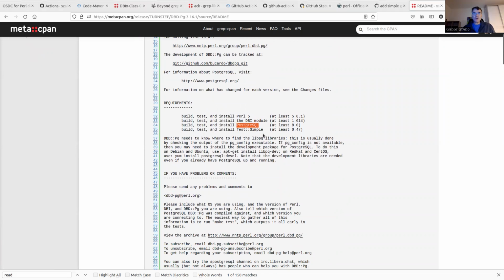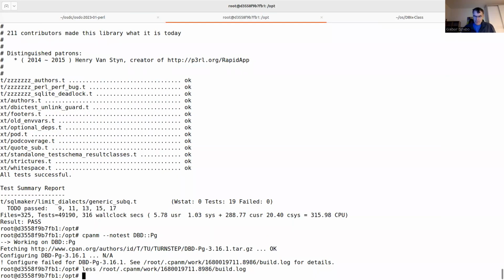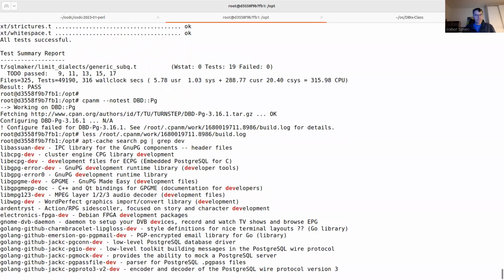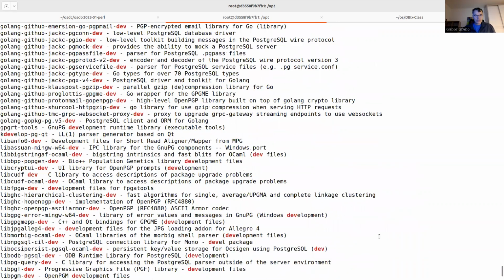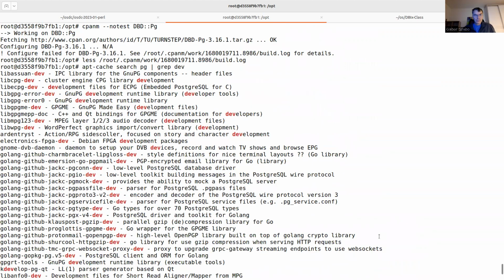It needs PostgreSQL. It doesn't need the PostgreSQL itself. It just needs the header file, the client libraries. Search, cache, search, pg, dev. Lib,